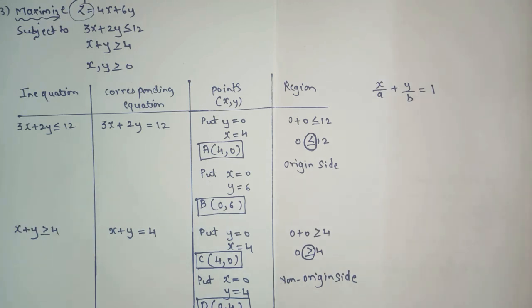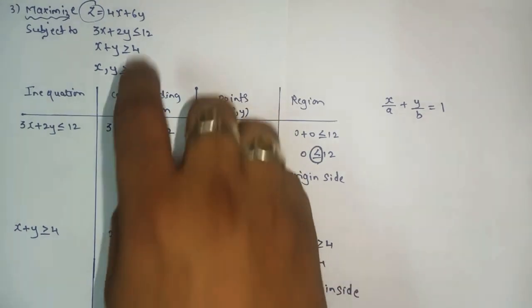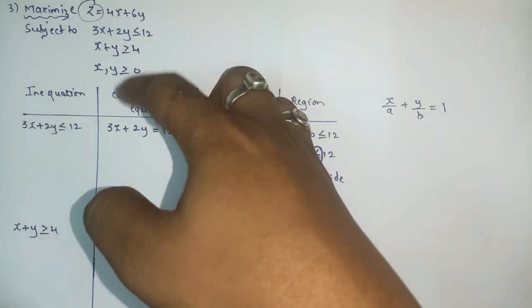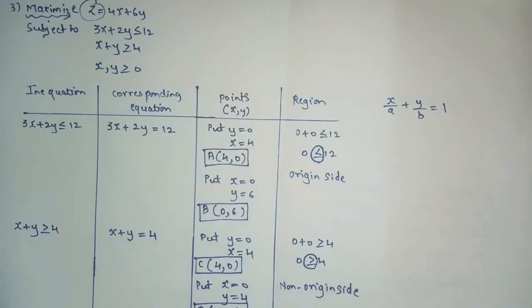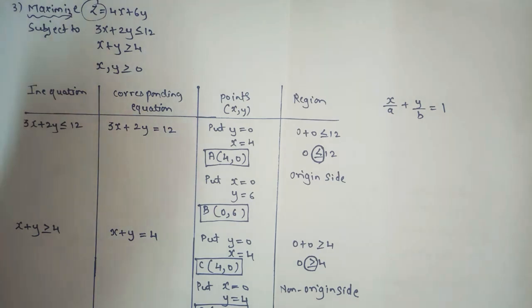As in sum number 1, we saw two linear inequations containing the same symbol, that was less than equal to. In the second example, we saw two linear inequations where they contain the same symbol, that was greater than equal to. And this was sum number 3, where we saw one linear inequation with the symbol less than equal to, and for the second one it was greater than equal to.